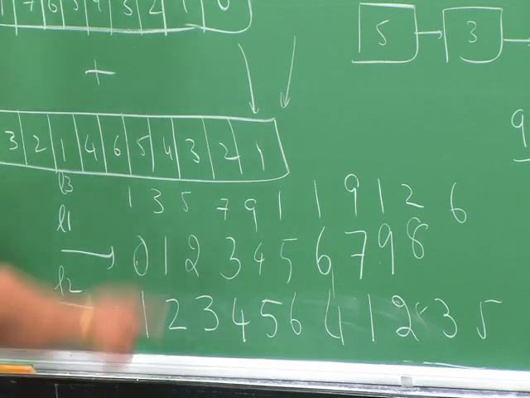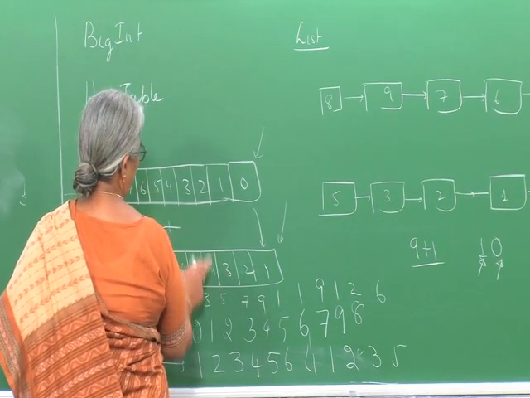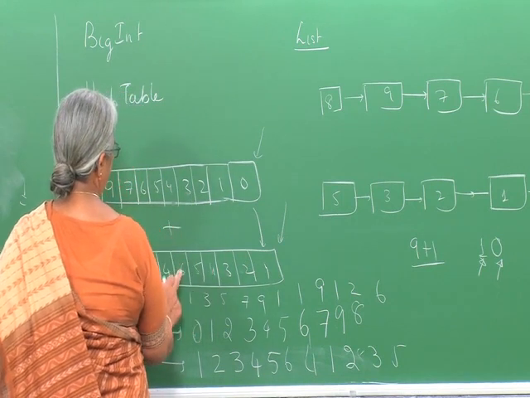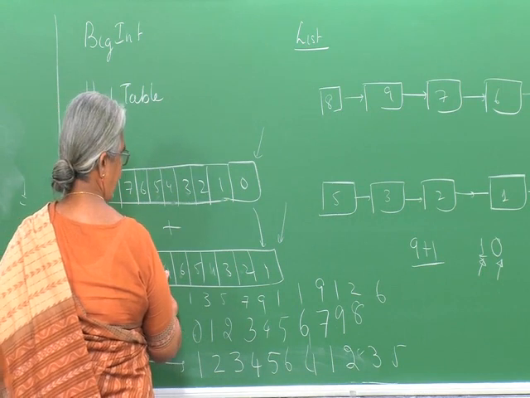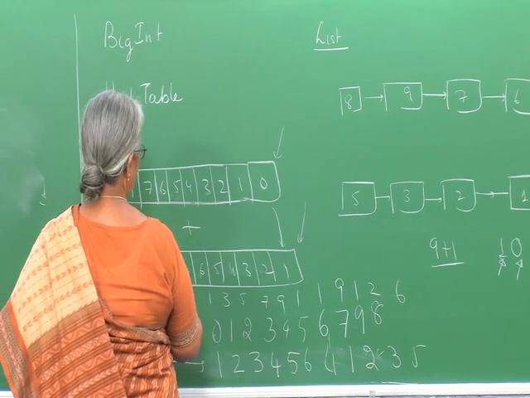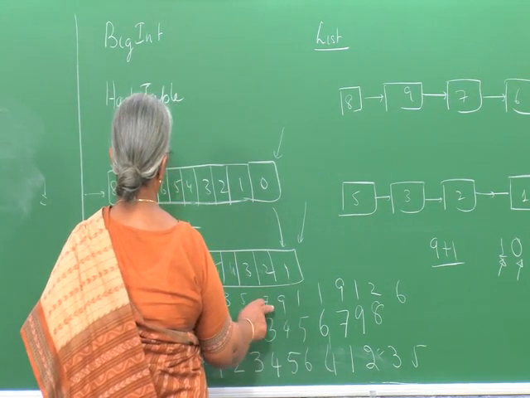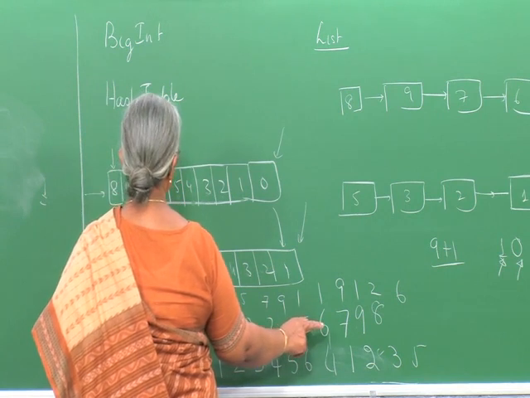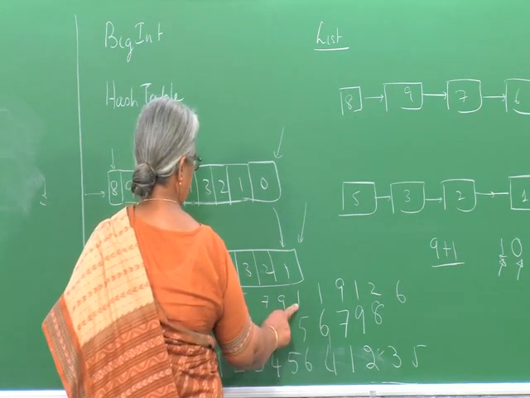So what are we saying? 0 plus 1 is 1, 2 plus 1 is 3, 3 plus 2 is 5, 4 plus 3 is 7, 9, 11. Therefore this becomes 6 plus 5, 11 over here, and 1 is carried. So 6 plus 2, oh, I wrote the number wrong over here. So 5, 6, 7, 9 and 8. So what did we do here? 0, 6 plus 5, 11.